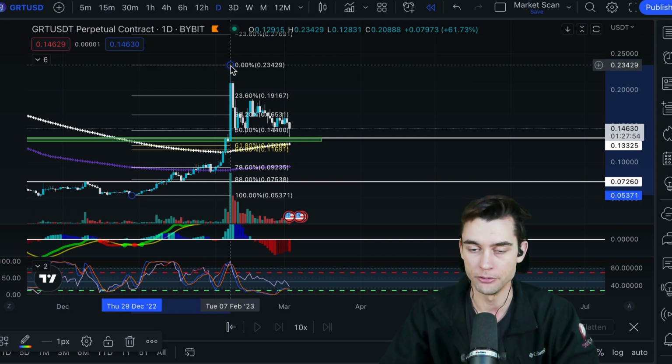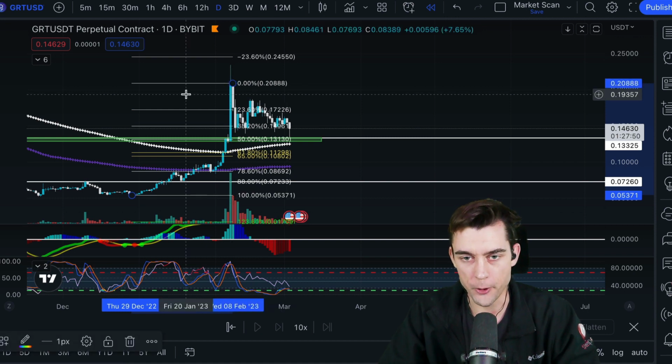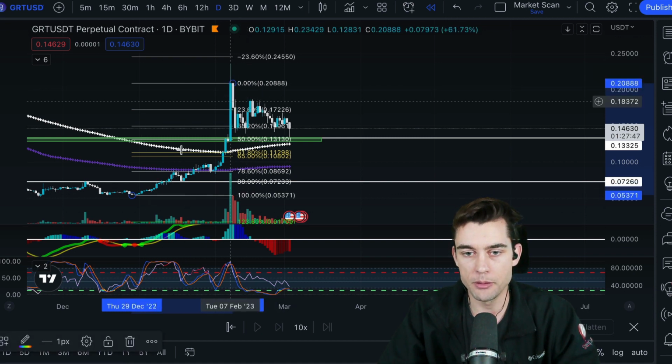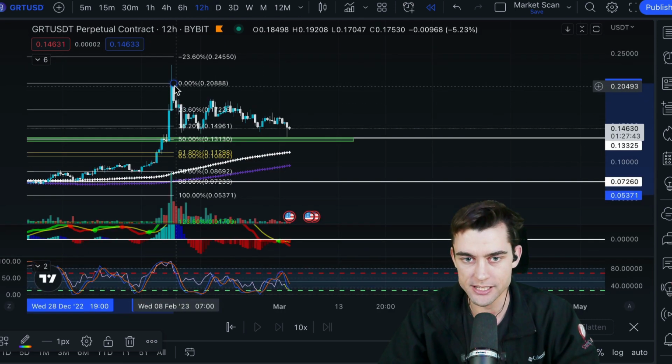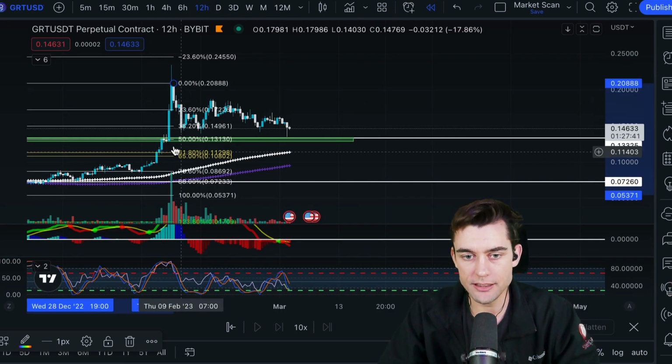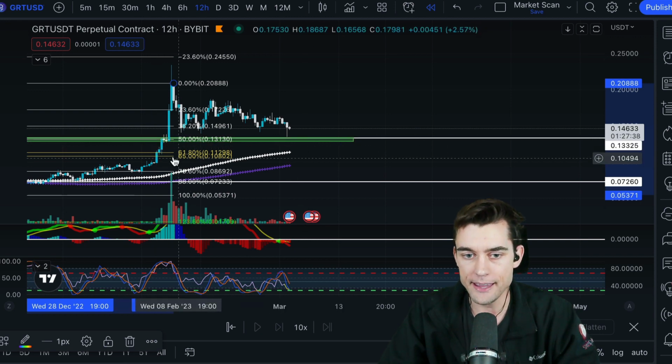You just have to get a feel for it and do it over and over and over again to really determine what you're going to do. But this one, I'll take it from the body to the close on the daily and even on the 12-hour. You can see it's the same exact thing, right? So I see that this is the 50. It lines up with the big SR area, and it has the bullish order block.